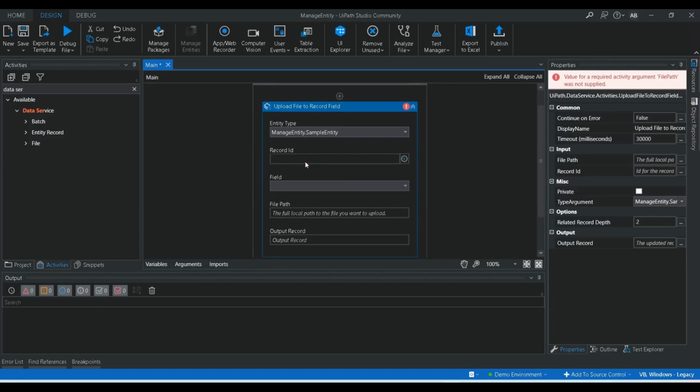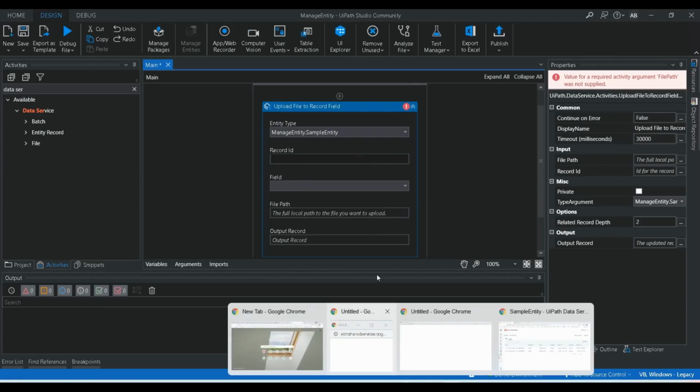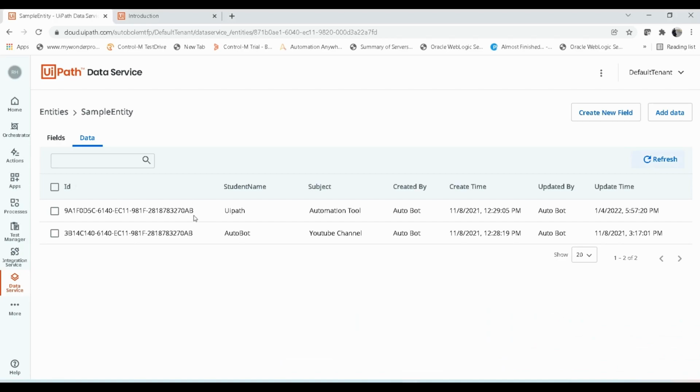Then what should be the ID that we need to use? Here you have this ID. Suppose I want to add a file to this particular row, I need to use this ID, or if you have any other indicator like a student name or subject, you can use that.